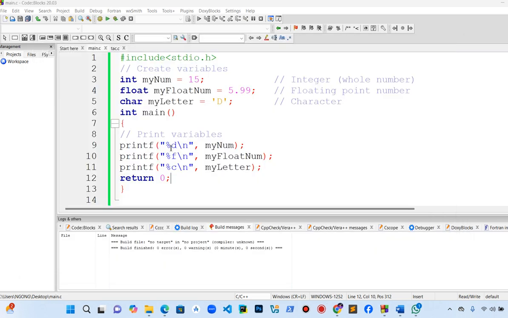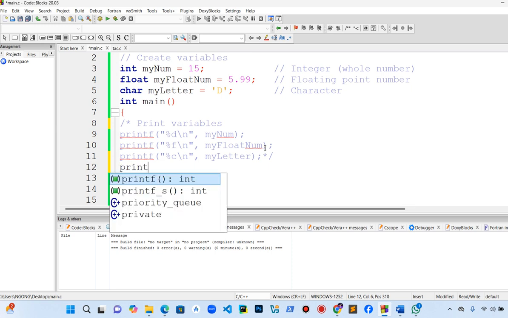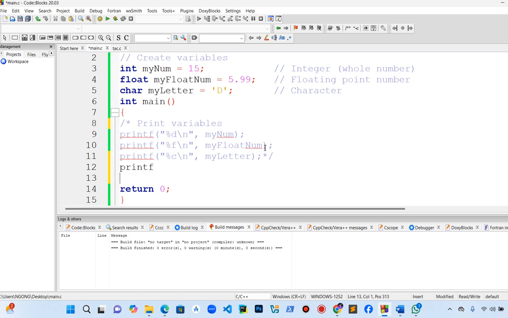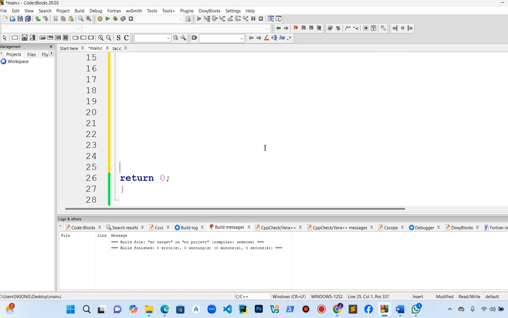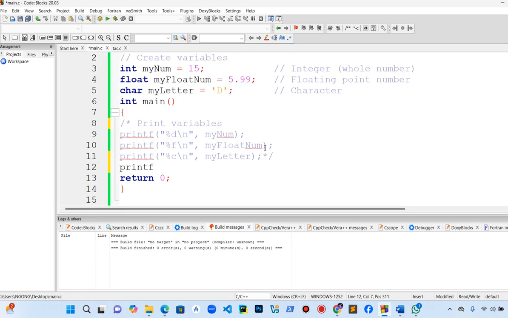Okay, you can still print everything in a single line. Let us comment this section out. Okay, you can print everything in a single line. How can you print that in a single line? What you can say, okay, printf. You say printf,